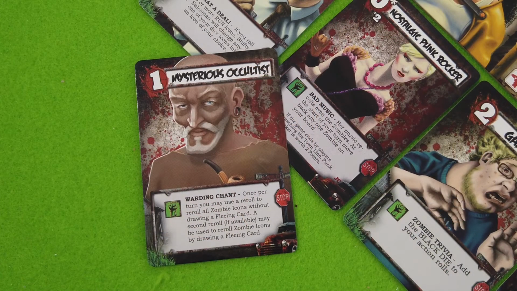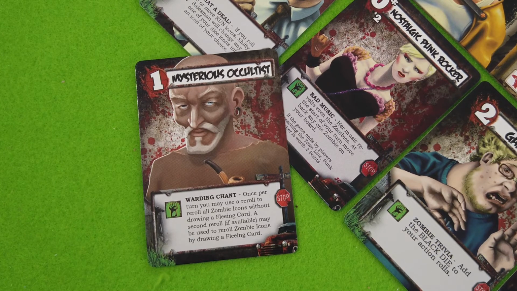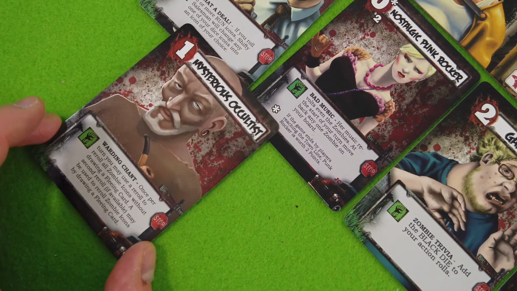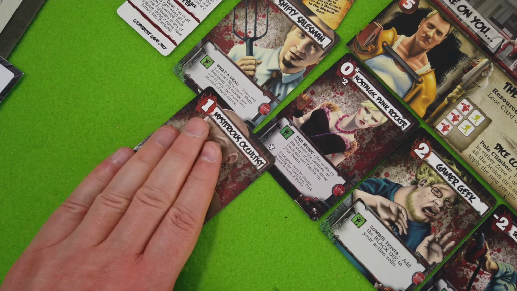And here we have the warding chant, the mysterious occultist, sorry. Once per turn, you may use a reroll to reroll all zombie icons without drawing a fleeing card. A second reroll may be used to reroll zombie icons. Wow, that's an amazing card. Wow, for the co-op game, really perfect. And now we have to start